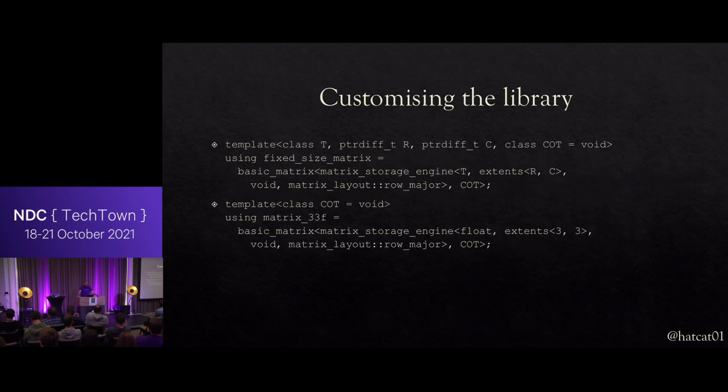So we update our basic matrix class to accommodate the operation traits parameter. It's getting bigger and bigger and bigger. So there are now two parameters. The first is the matrix storage engine, templated over type, extents, allocation, and layout. And the second is the operation traits, describing element, storage engine, and arithmetic promotion traits.